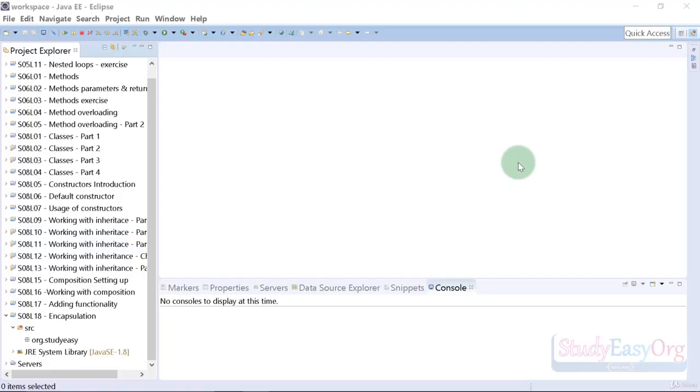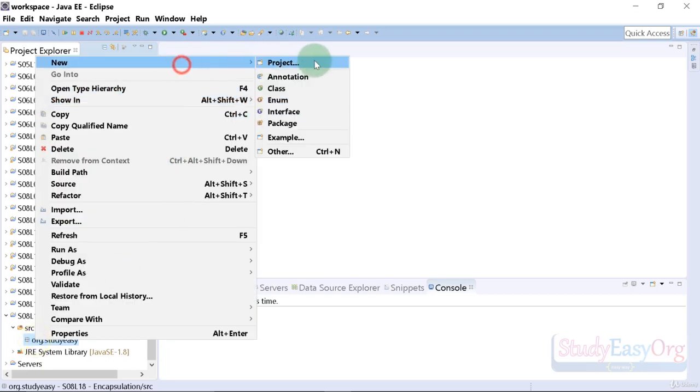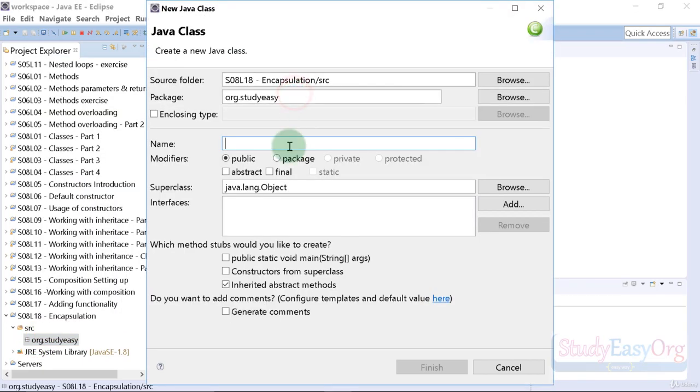Hey there, welcome back. So today we will check out yet another very important concept, which is encapsulation. In fact, we have already used encapsulation in our previous program, but today we will check this in detail. In order to save some time, I have already added this project, and let's straight away add a new class